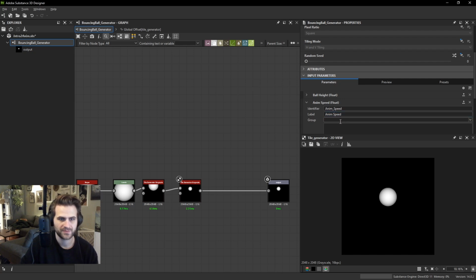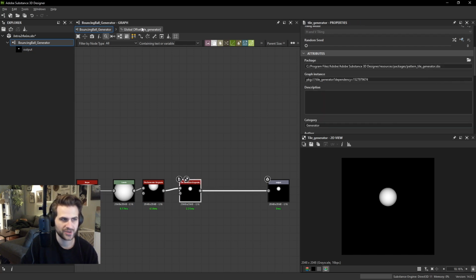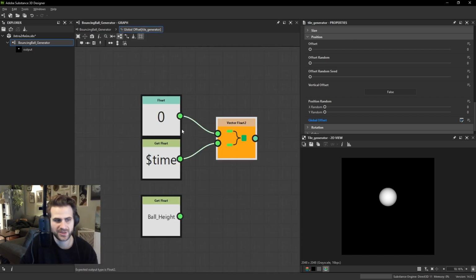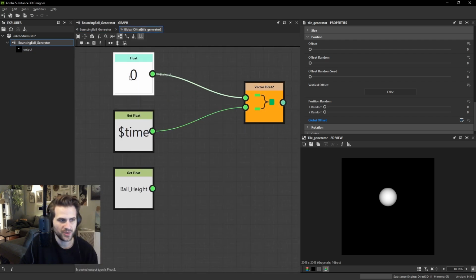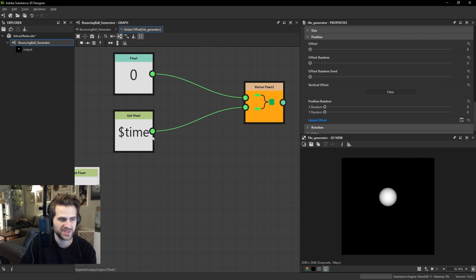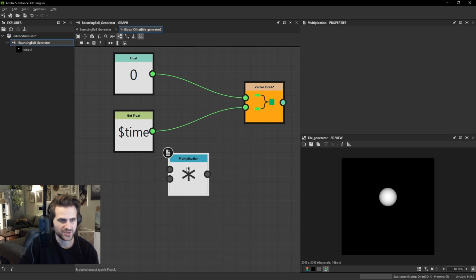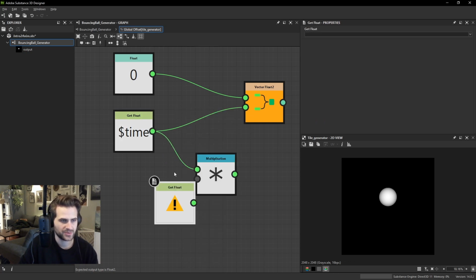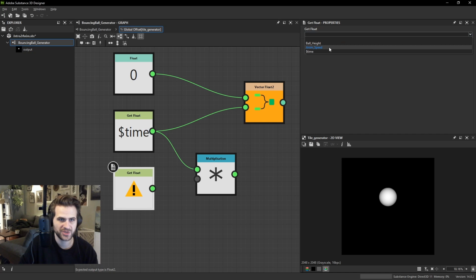We're going to go back into our tile generator's global offset. Instead of going down here and clicking on the graph button, it is available up here on the graph tab because we had just been in there recently. So we click on this. To slow down or speed up time, we just need to multiply it. So if we multiply this and I get a float and we find our anim speed,